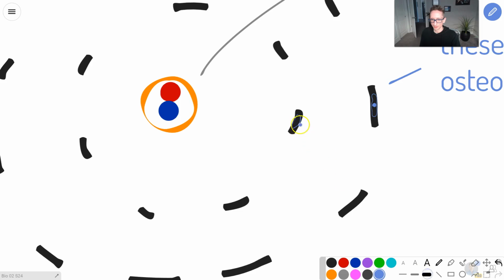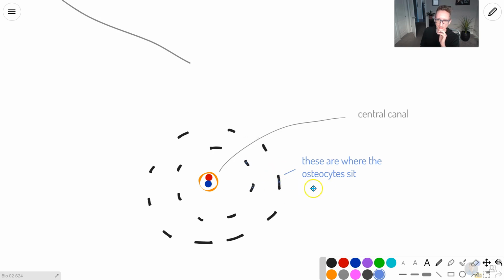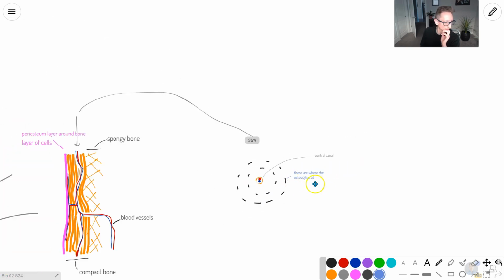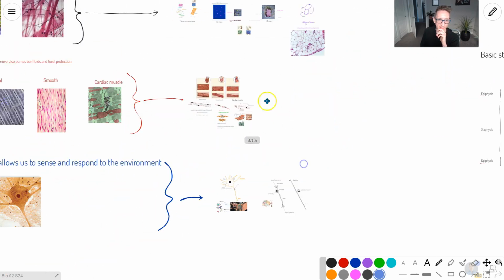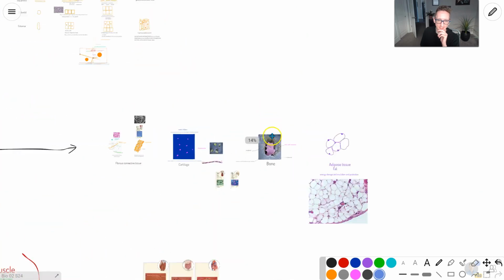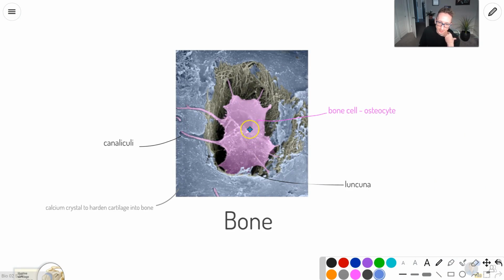And there's going to be a little osteocyte chilling in here. So this little divot, this little hole that it sits in, it's called a lacuna. And if you remember this, I actually showed this over here. Let me go back over here. Yeah, look at this. This is really nifty. So you see our osteocytes sitting in this little divot, this little hole called the lacuna, and it puts out